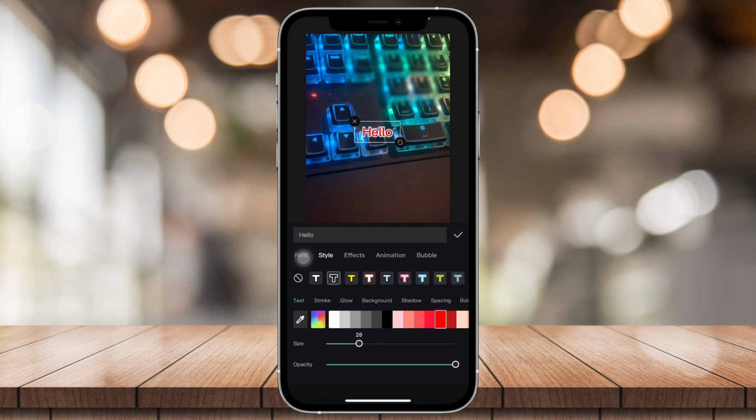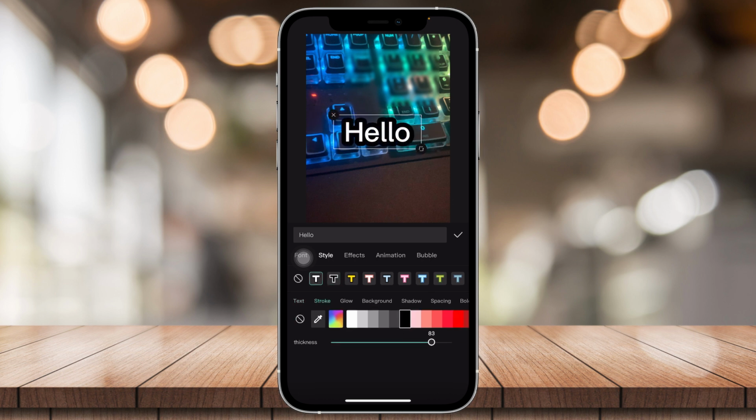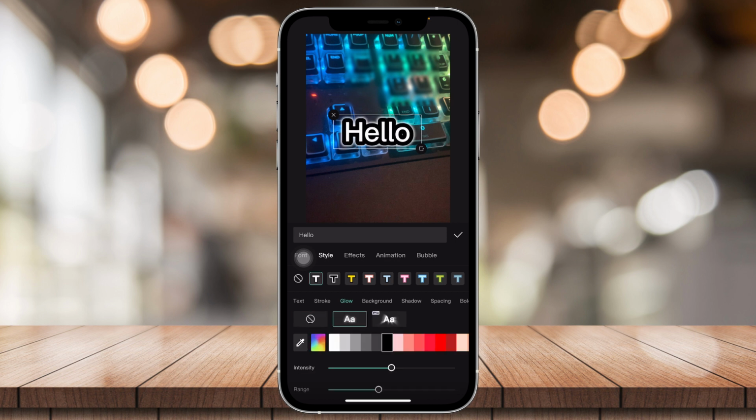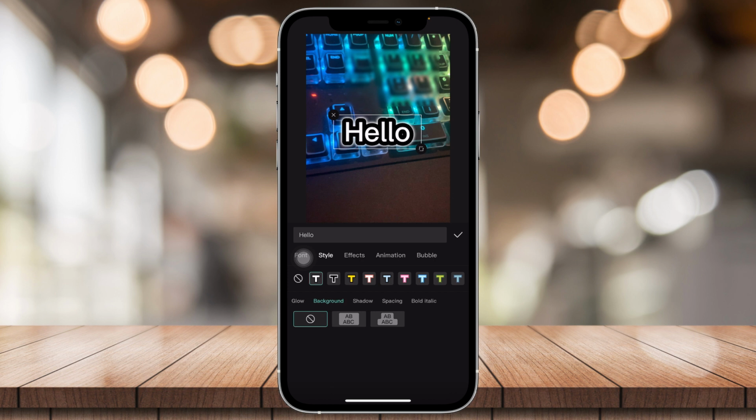And you can also change the size, the stroke, which is the outside, the glow, that's pretty self-explanatory, and much more. So you can go on ahead and explore this yourself because there are lots of options,